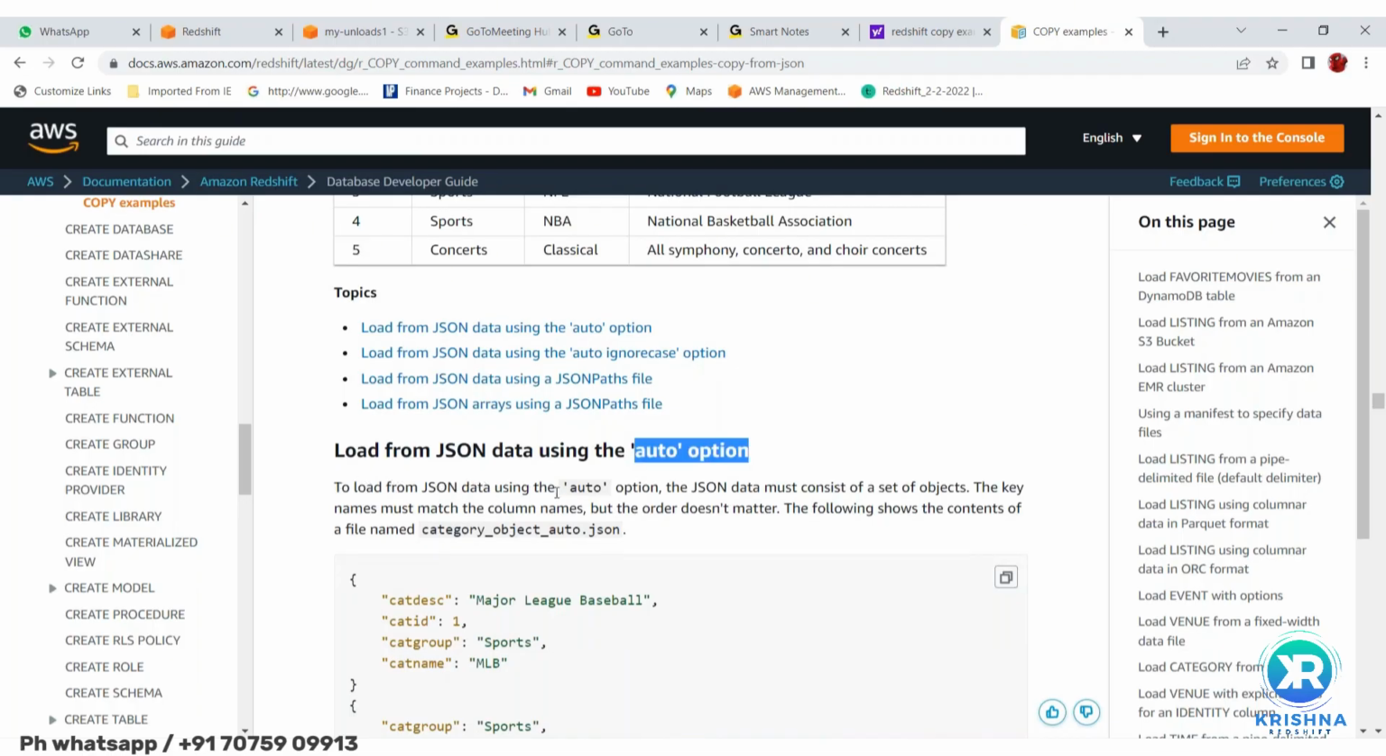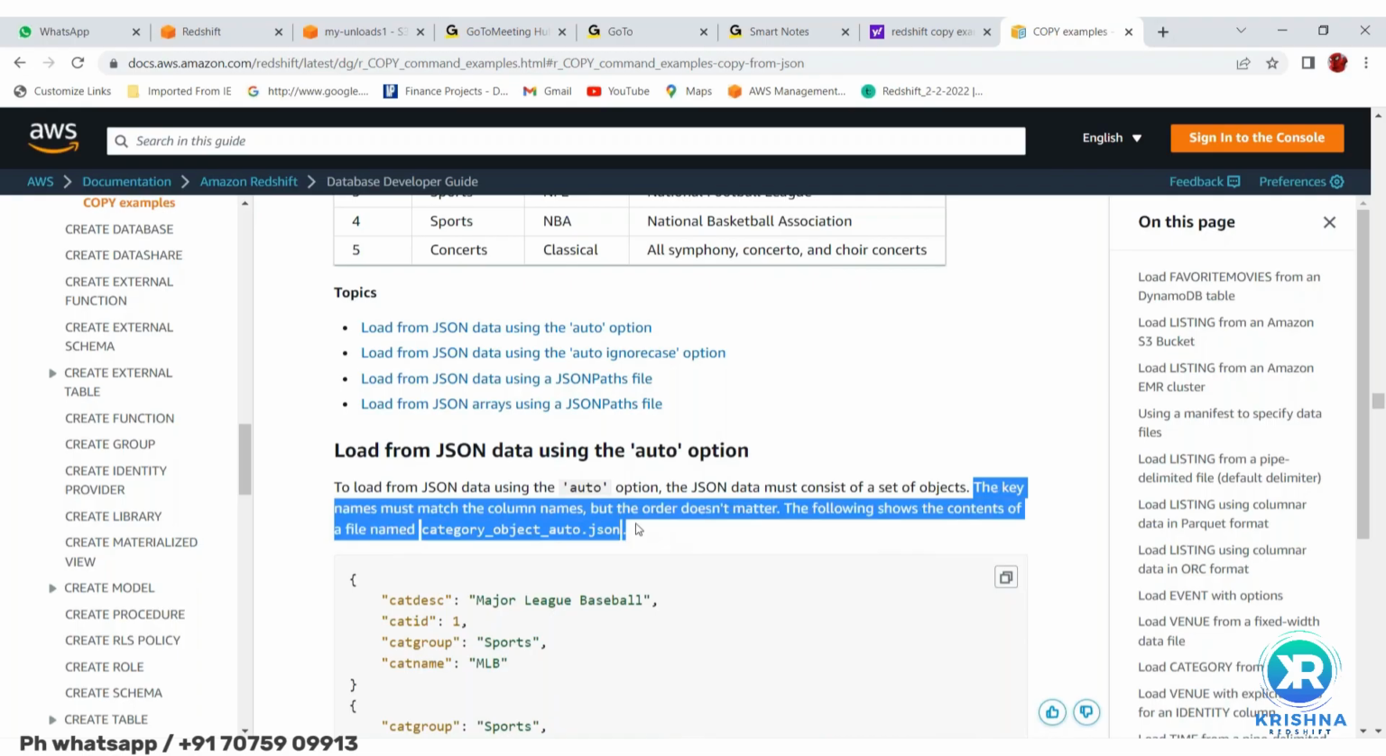To load from JSON data using the auto option, the JSON data must consist of a set of objects. The key names must match the column names. The key names, meaning column names, must match, but the order does not matter. So if you use auto,